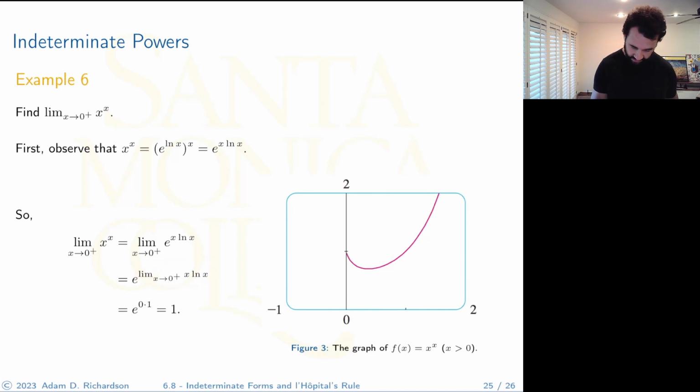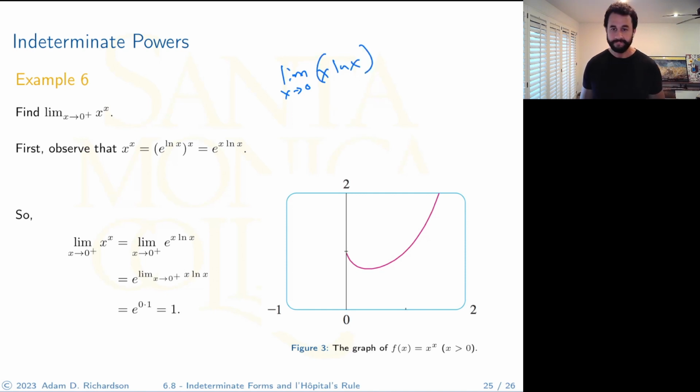So now we're looking at the limit as x goes to 0 of x ln x, which is an indeterminate product. But you might remember from when we did that example earlier in this lecture, this indeterminate product ends up being